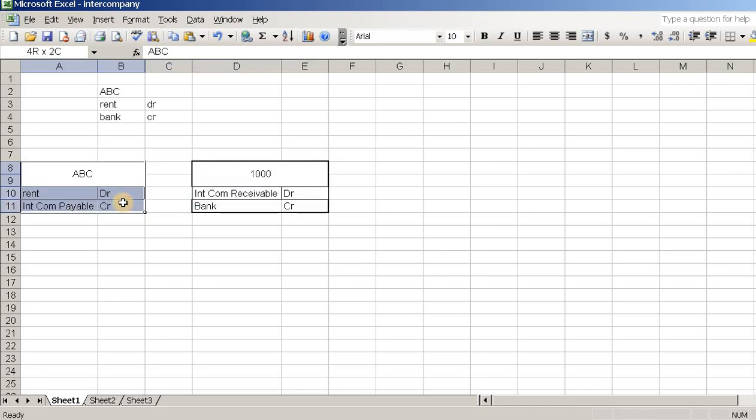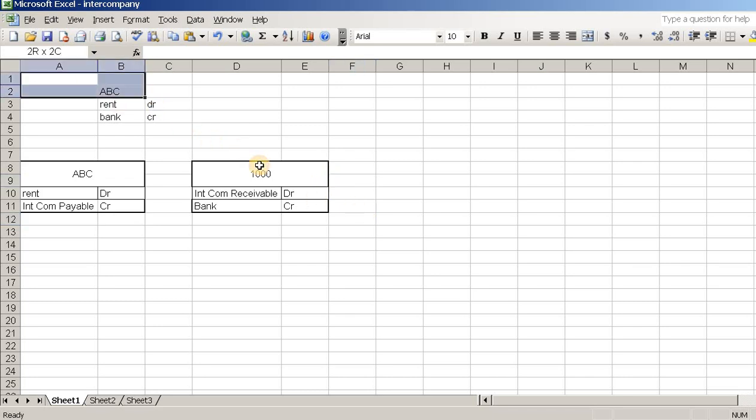One is in ABC's books of account, another one is in 1000's books of account. In ABC's books of account, rent is being debited. In 1000's books of account, bank is being credited, because the 1000 is paying the money, and accordingly the intercompany payable is being credited in ABC's books of account, and intercompany receivable is debited in 1000's books of account.